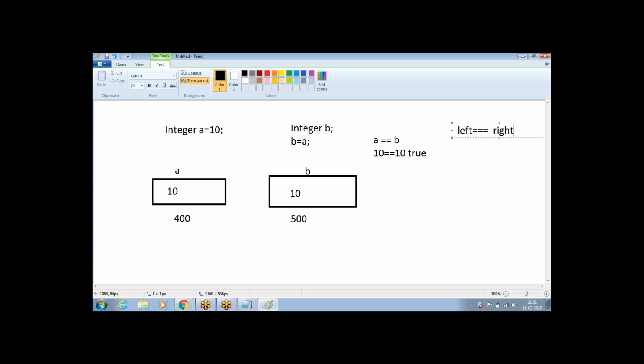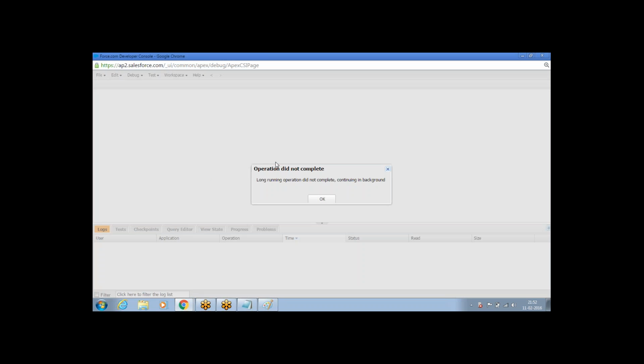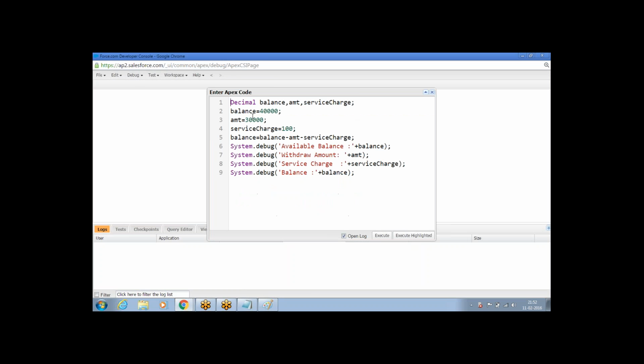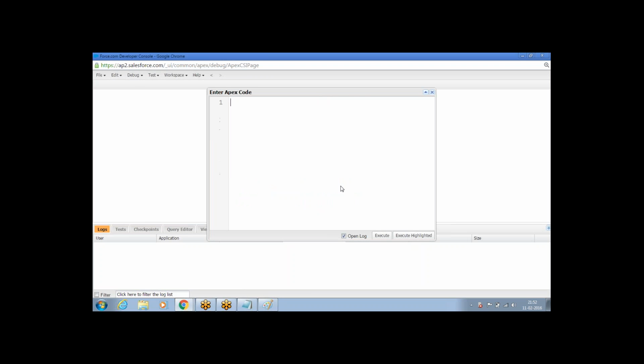A double equal to b is going to verify whether the value on the left hand side is the same as the value on the right hand side. When you say triple equal, it is not going to compare the value, it is going to compare the reference locations where the value is stored. So let me put it on the screen here. Triple equality is used only with respect to objects, not with respect to primitive types. So to understand that, let me give you